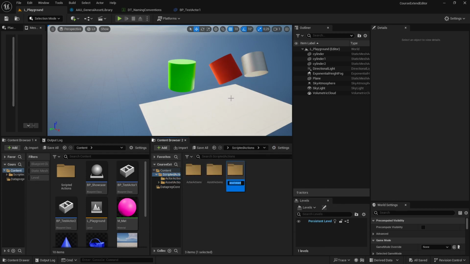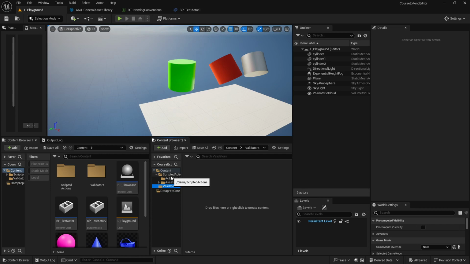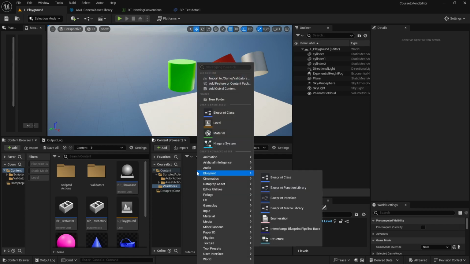I will name it Validators. But actually, I'm thinking of using another folder because why not? It's just scripted actions, and Validators is not run by scripting stuff. Actually, it's being run automatically when we validate assets, even manually, or when we save, or other operations. And to create the validators,